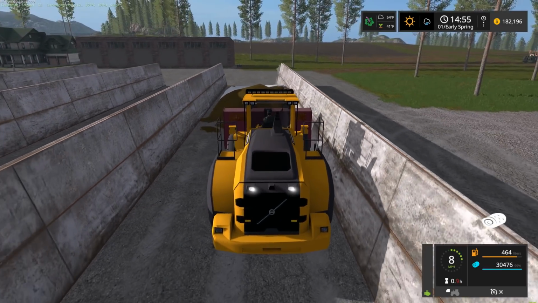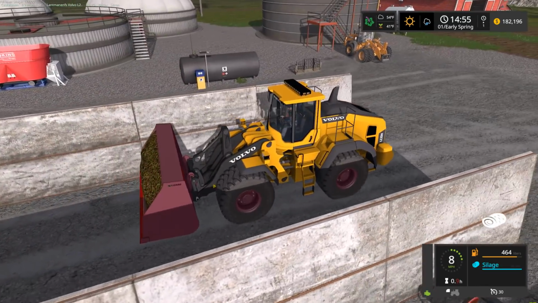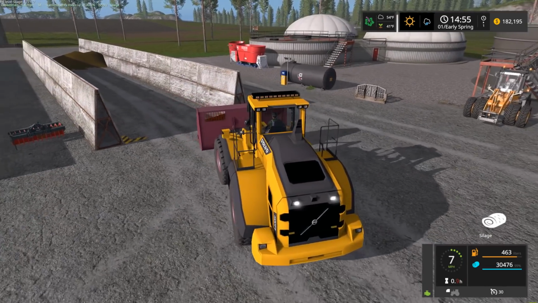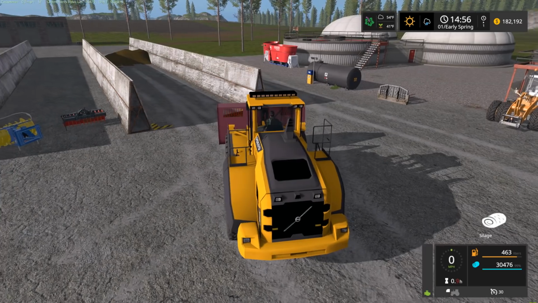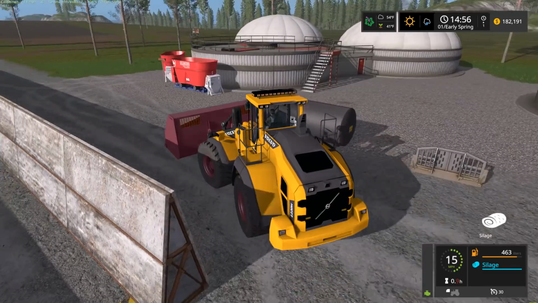The grass here also plays into the whole seasons thing, so you cannot cut grass or whatever whenever you want. Right now the grass is... well, it doesn't say if it's ready to cut or not. It's fully fertilized. So I guess I could go ahead and cut it right now if I wanted to. I don't know what kind of yield I'll get out of it, but...